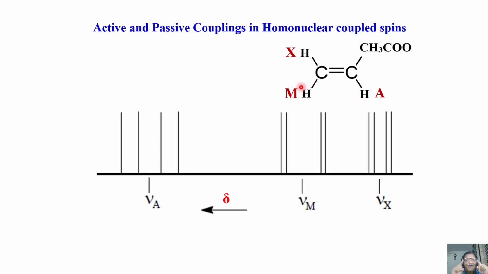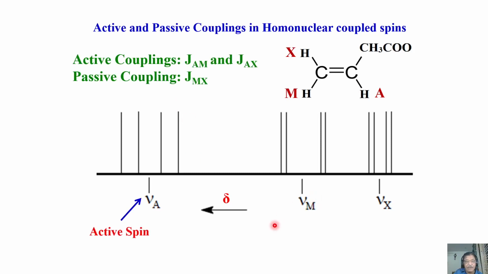I told you, coupling between passive spins is not reflected at the site of the active spin. You always get coupling between active and passive spins and not coupling between passive spins at the site of the active spin. This is a very, very important statement. Please remember, you need it to analyze the spectrum very often. Okay. We'll go further now.